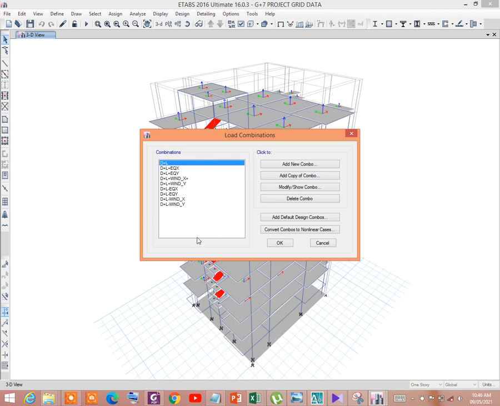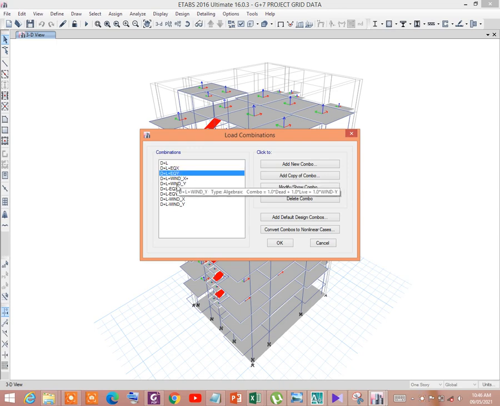Actually, today in this video, I will show you how to determine the maximum design combination from different design combinations. You know that in designing a member, we have to define different load combinations.